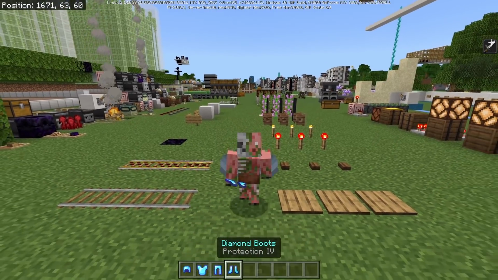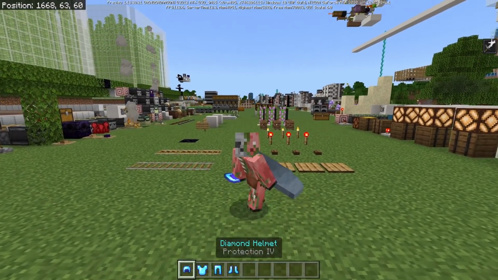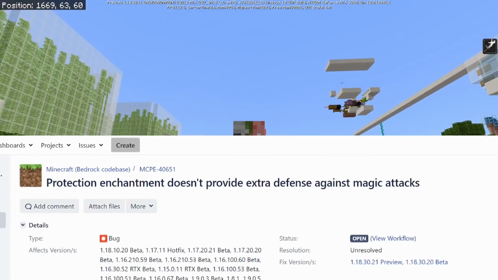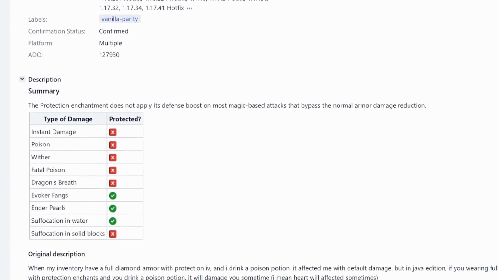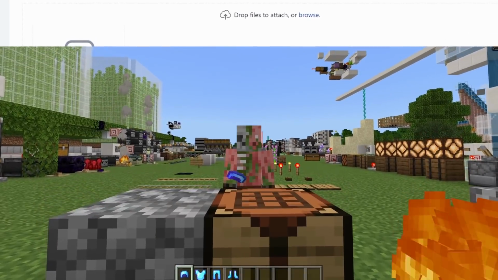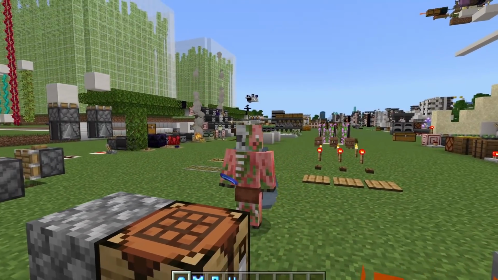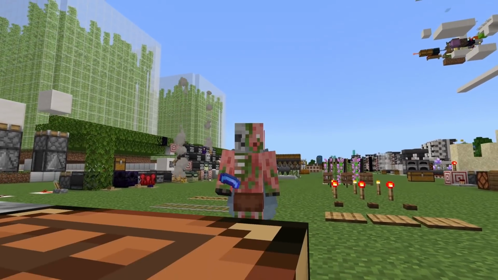The protection enchantment has had some serious buffs in this beta, so now it will properly work against all damage types, including instant damage, poison, wither effect, fatal poison, dragon's breath, and suffocation via solid blocks, if I'm reading the bug report properly. So that is actually pretty amazing, and that should have a pretty big effect on combat on